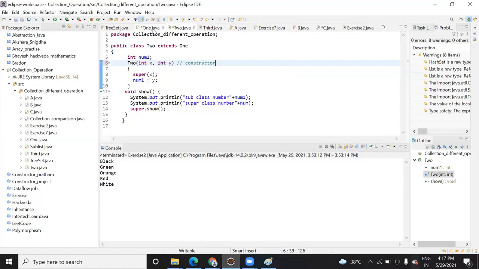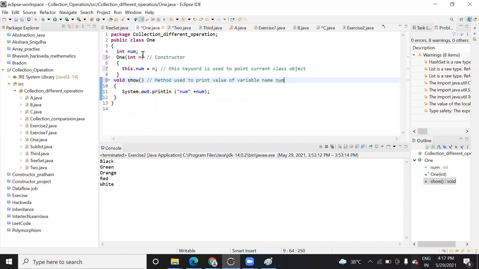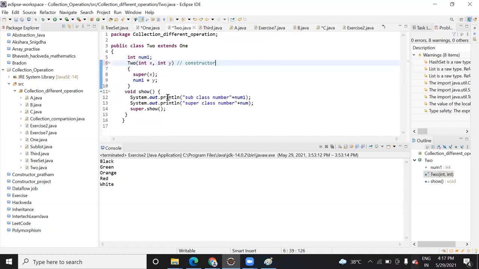And in the parent class, which variable doesn't have any value? Num, right? So when you call this super keyword, it will assign the x value to num, the parent class num. And this other value y will be assigned to the num1 variable.